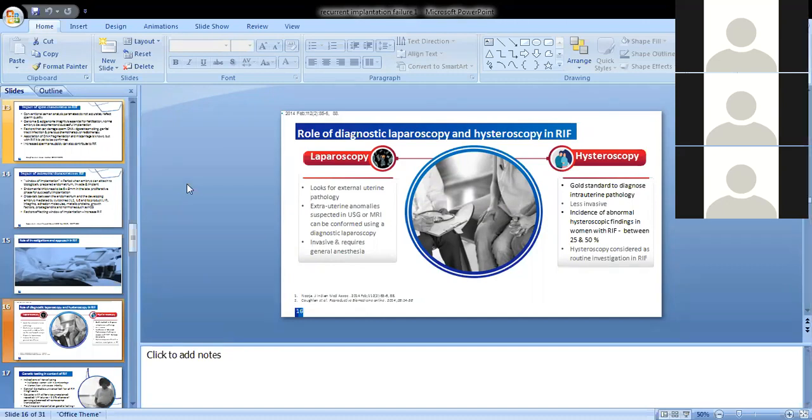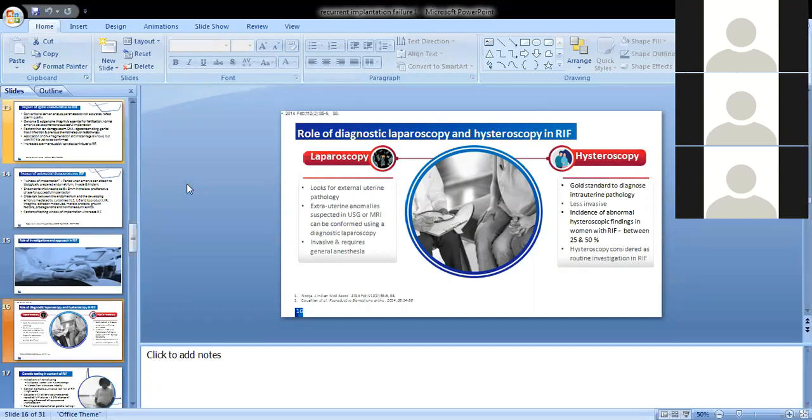Now coming to hysteroscopy. Hysteroscopy is the gold standard to diagnose any intrauterine pathology. But now with the advent of 3D volume probes on good quality machines, we can have a 3D TVS and we can estimate the cavity. If the cavity is reasonably okay on 3D TVS, then we don't need to do a routine hysteroscopy before every embryo transfer, or before a first or second embryo transfer. But if there is recurrent implantation failure, this group of patients ideally should undergo a hysteroscopy before their next attempt, or fourth attempt, or fifth attempt.